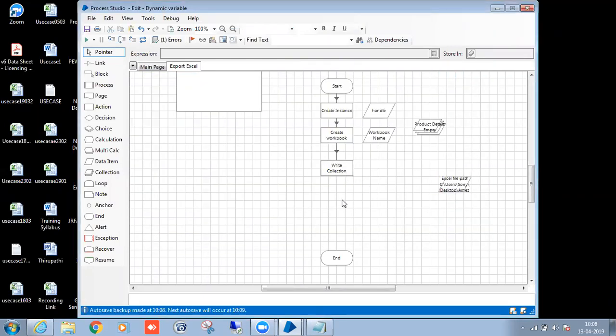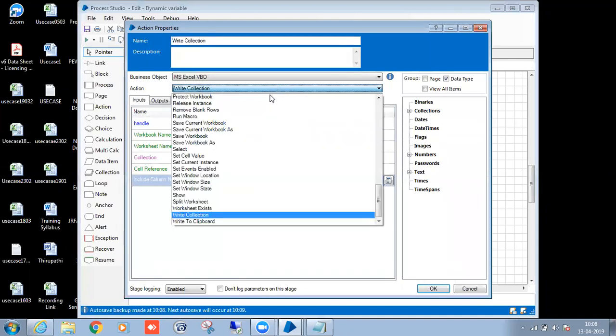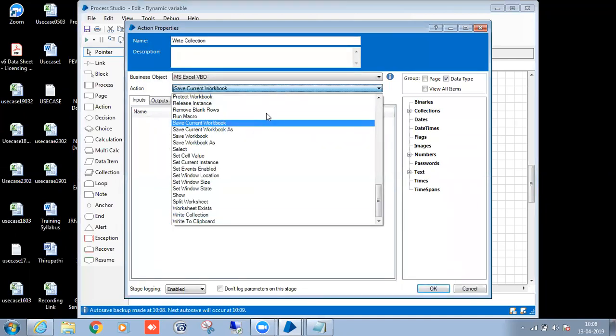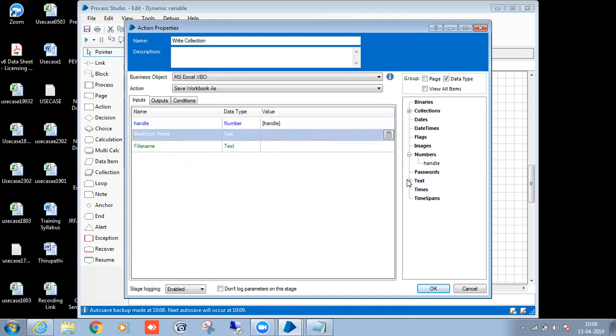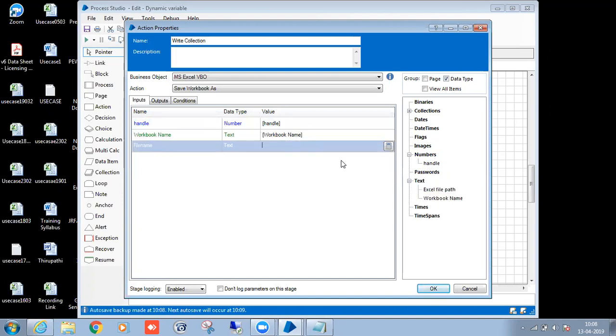After write collection, then we have to use save workbook as, and then we have the workbook name. The file name just now created.